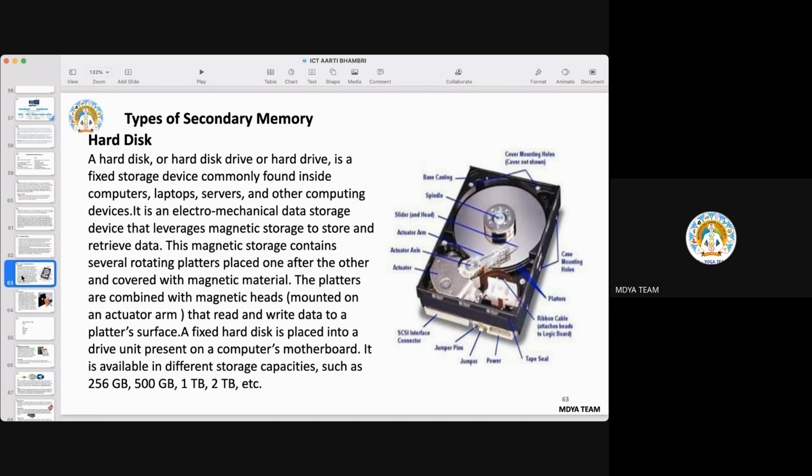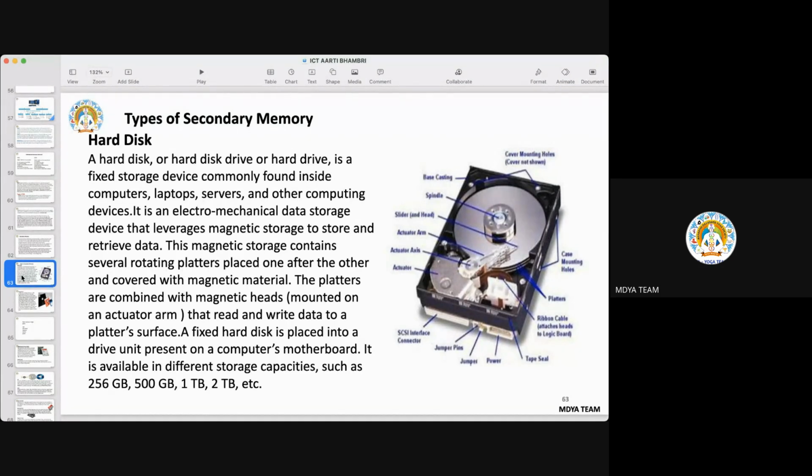So the movement of the pointer will be the means to access that information. So that means there is a mechanical movement, mechanical devices which you can see. So that's why it is an electromechanical data storage device, and it contains rotating platters, which are placed one after the other and covered with a magnetic material, and then it reads and also writes the data to